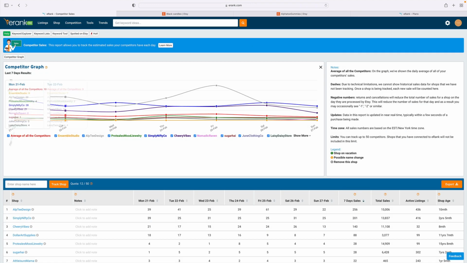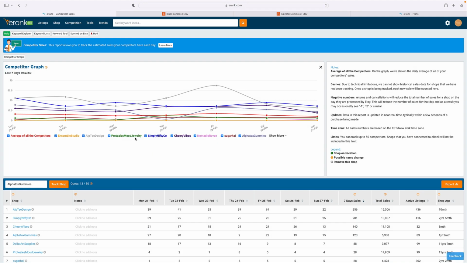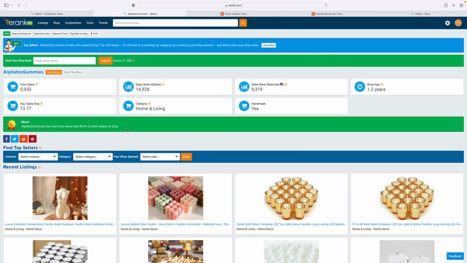It'll take a minute to load here. Now I'm going to go down here and copy and paste. I copied it. I'm going to paste the shop into what they call the competitor graph here, and I can track this shop. Now you can compare shops to each other to see how they're doing, but I just want to look at this specific shop. When we go into this,